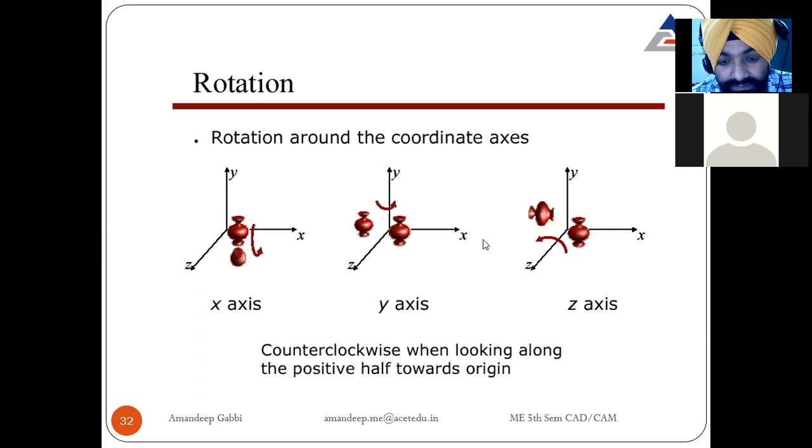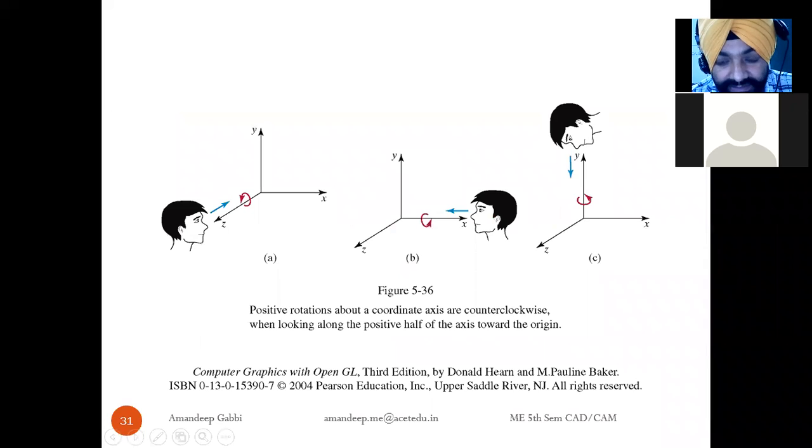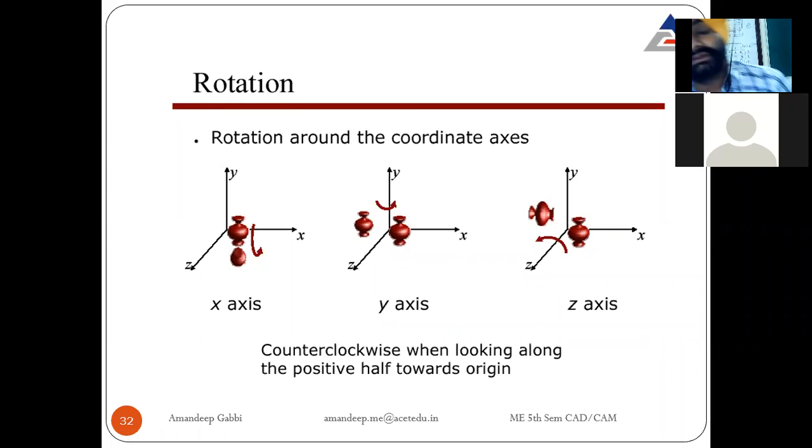In this, again, the counterclockwise direction is taken as positive, and the clockwise direction is taken as negative. The anti-clockwise direction is always taken positive. This was told to you in the morning also, or in the last lecture. These are some of the diagrams to explain the different rotations that are there.